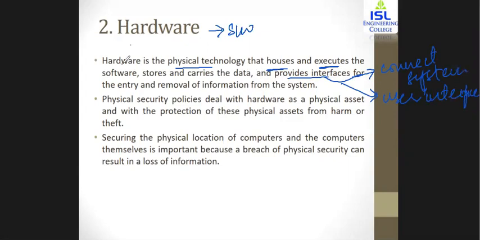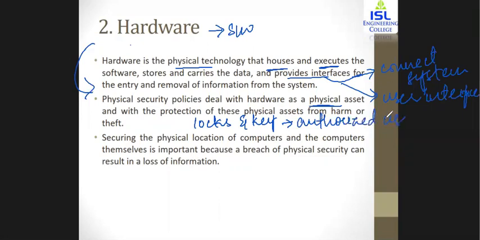Now for the hardware, there is a physical security that you're going to implement. This physical security is how you're going to physically safeguard this particular system. To safeguard the system, you can have different types of locks for the particular room, or give keys to some specific authorized people, to authorized users, or you can also restrict access.